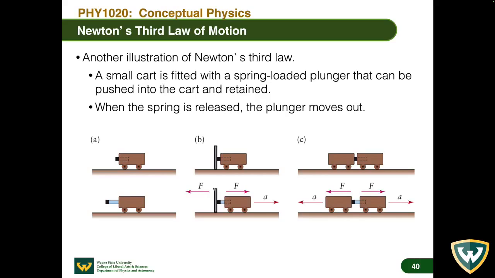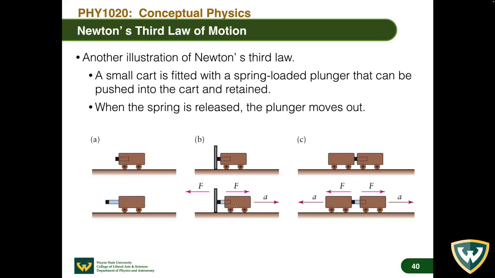So now take this contraption and butt it against the wall, as in panel B. The spring-loaded plunger is pushed in, and now release it. As you release it, the cart pushes onto the plunger for the plunger to get out. But now there's a wall anchored to the ground, and so the plunger imparts a force onto the wall, but given that the wall is itself anchored into the ground, it will not move, but it will react, action equal reaction,